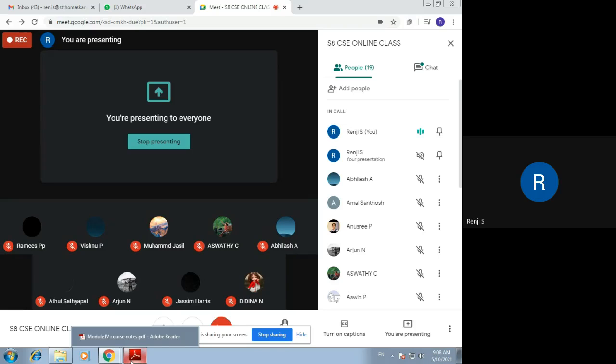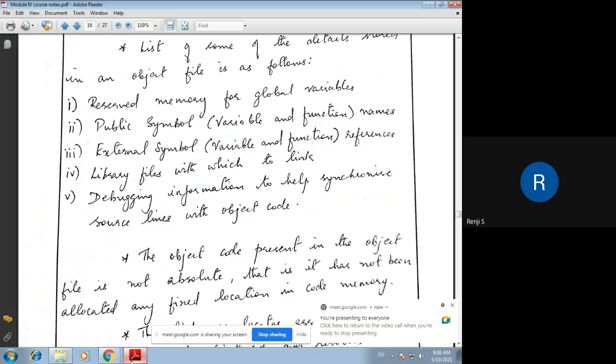So the third file that is generated after cross compilation is the .obj file. And what information is stored in the OBJ file? Okay, reserved memory for global variables. Global variables are those variables that can be used in all the modules that we have written.